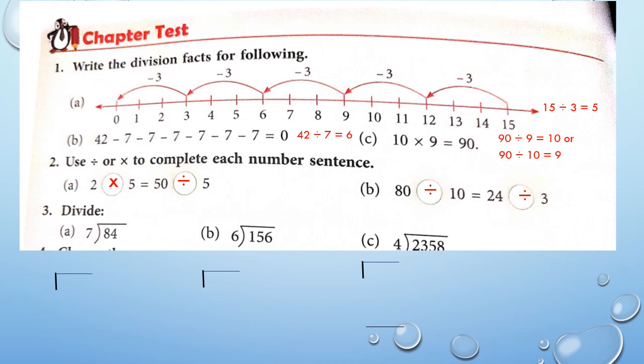Now question number 3. Divide 84 by 7. So let us do this in the notebook. I have done it down here, but you can do this in the notebook, right? Now 7 ones are 7. So 8 minus 7 is equal to 1. Bring 4 down. 7 twos are 14. 14 minus 14 is equal to 0. So the answer will be 12, right? This is the answer. So you can write the answer here, 12. All the sums of question number 3 you have to do in your notebook.